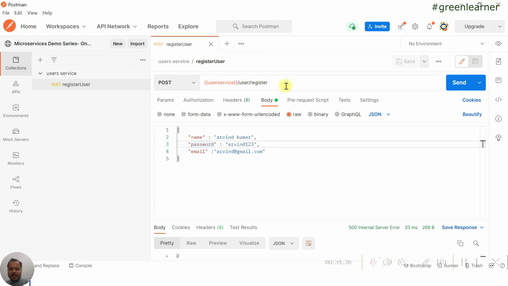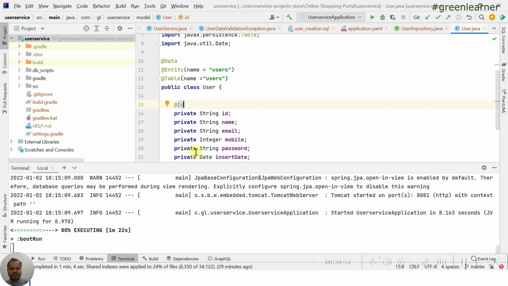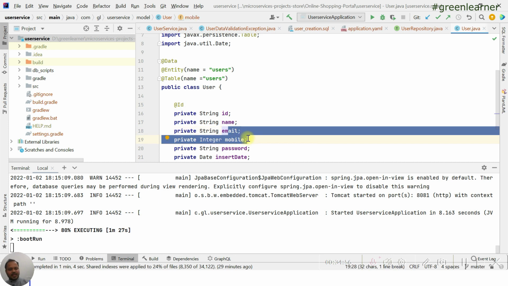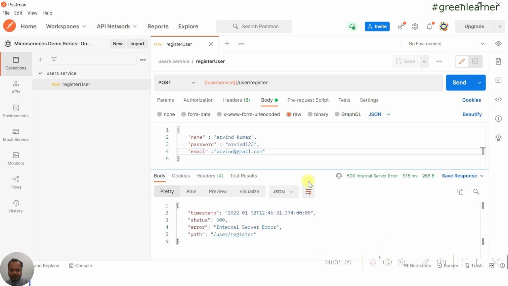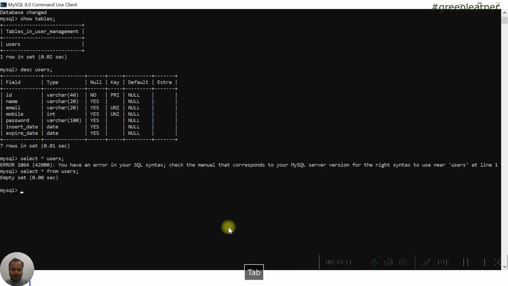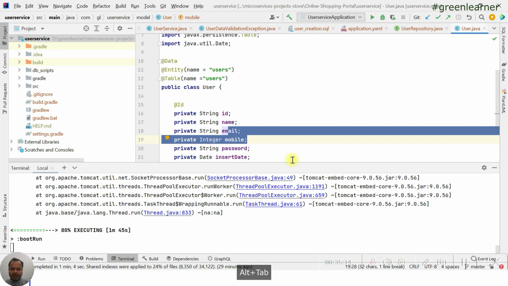So user register is here, and under the request body you have to give the user JSON. We have name, password, and email. These three fields are mandatory. We must give email or mobile, one of these is mandatory; we can give both, not an issue. Let's try with the minimum information that we need. Just send this. This is the first application we are building, so it is going to give us more errors, but it's good that errors are coming.